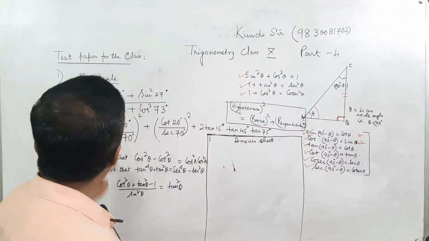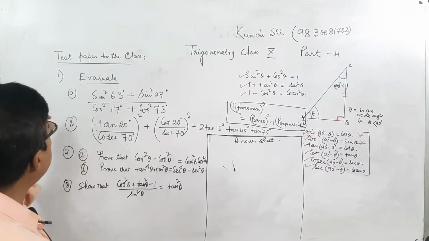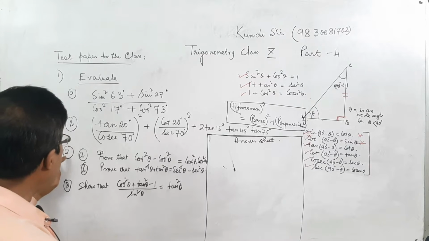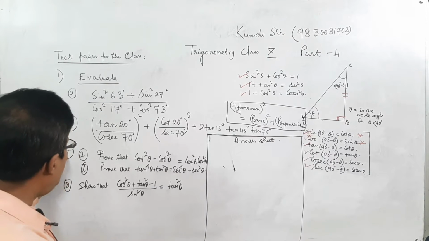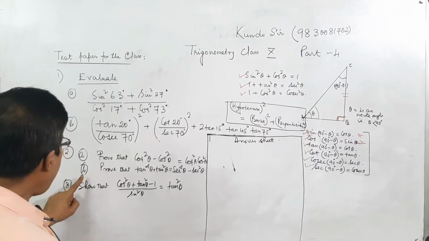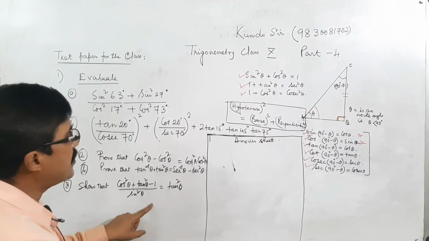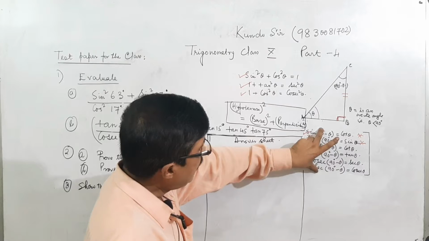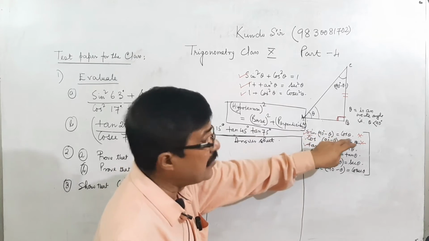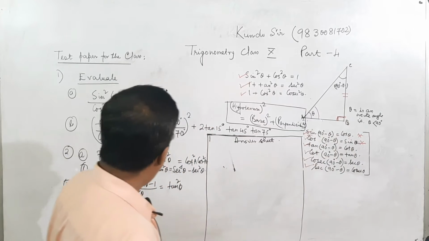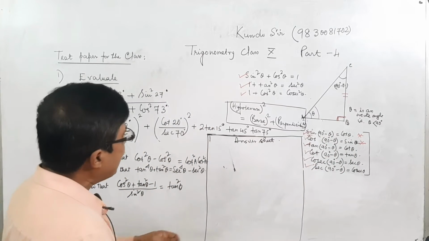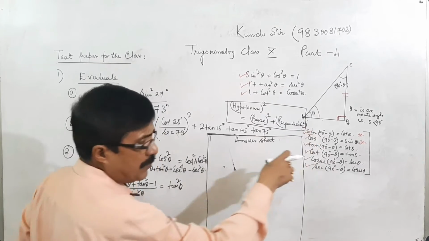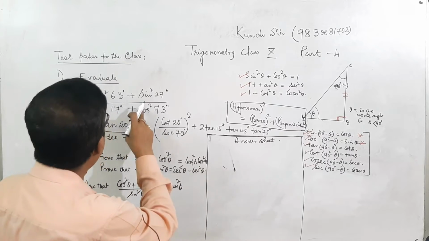To solve the test paper, it is mentioned on the left hand side. Question 1, evaluation A and B, and there are 2 proofs under B, A and B, and C, show that this equals this. Please try to remember this. I will explain in the next class why we are writing this. It will be proved. First, I am doing the question in the answer sheet. I am solving the question, and all this concept is required here.